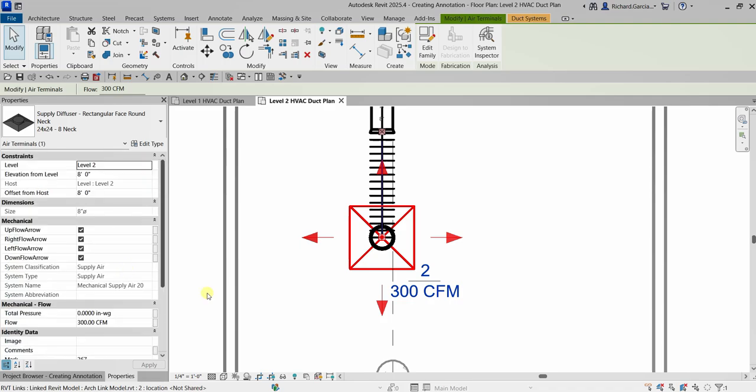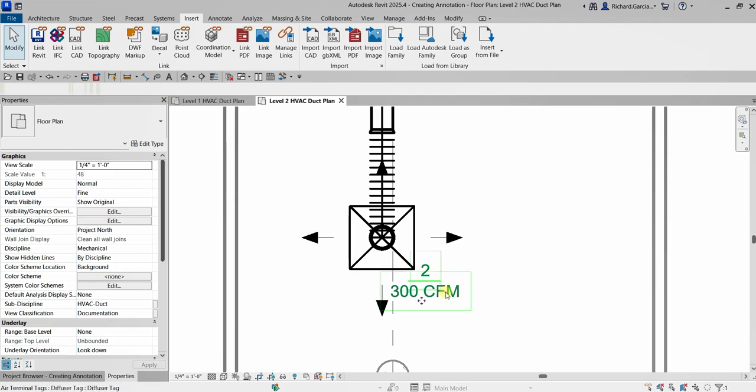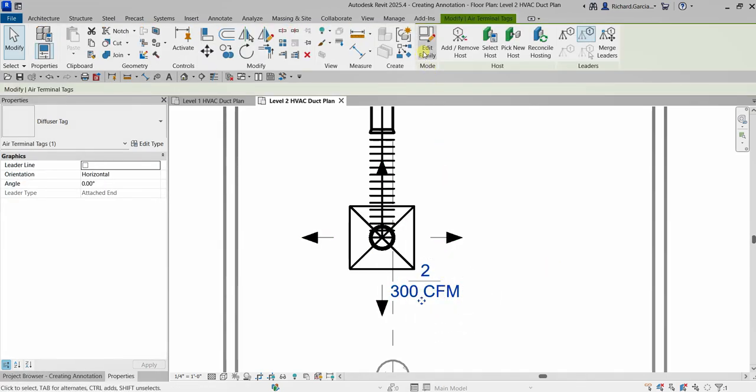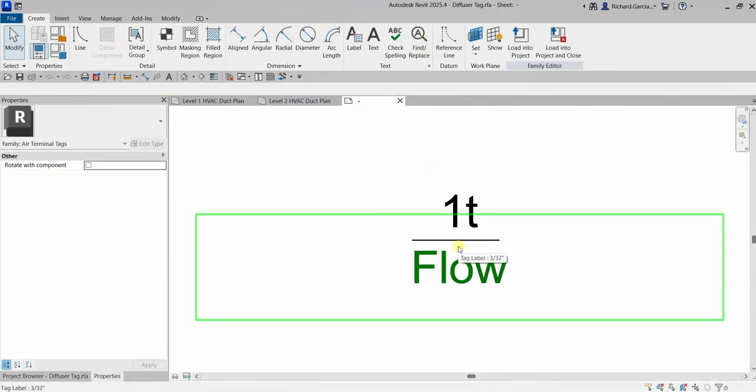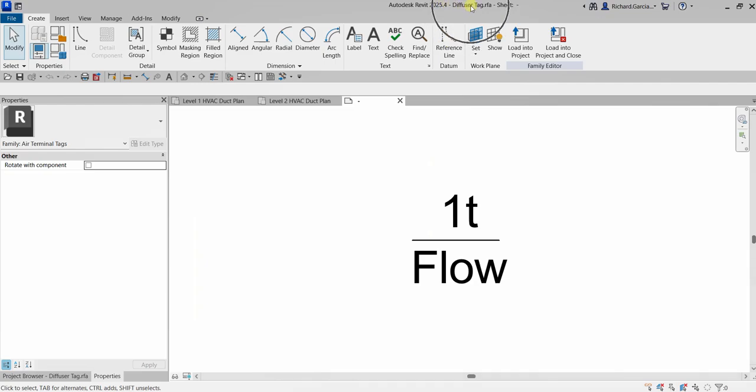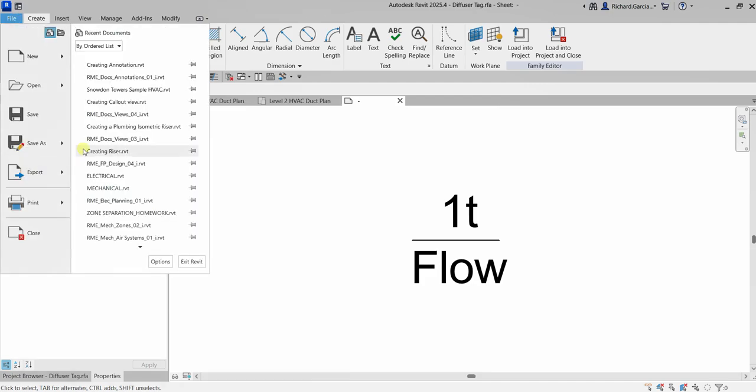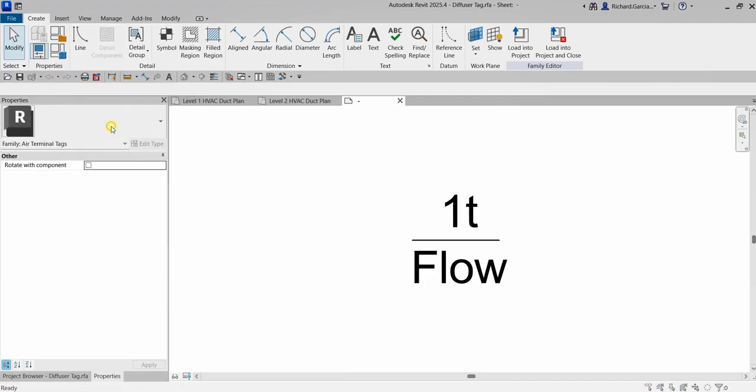So if you want to modify this family tag here, what you can do is select the tag, and then after that, select edit family. And then it will open up the diffuser tag family, which is this one. So if you do not want to override the original tag, what you can do is save as. For example, I'm going to select save as family,